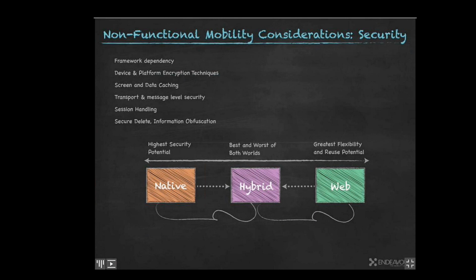So far we have discussed various factors to build a mobile application. Obviously it includes programming skills, tools, techniques, user experience, device functionality, features, and so on. Some of them are covered in the functional aspect of the system, but there are certain areas to be considered under the non-functional aspect as well. I'm going to talk about security here. Security plays a major role in deciding native versus hybrid versus web. Consideration must be made throughout the solution, not just the mobile. We have to have end-to-end security with respect to device, while in network, backend solutions, and so on.